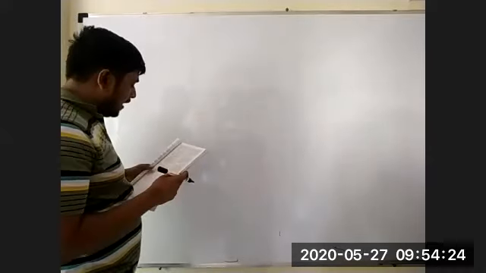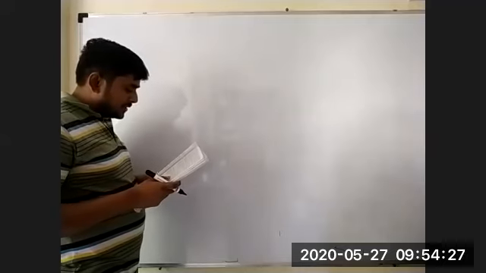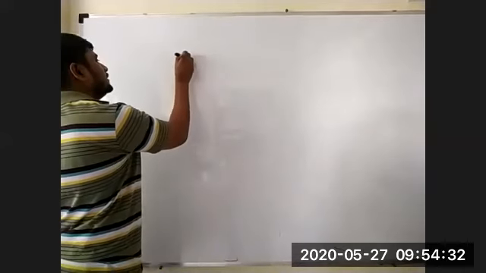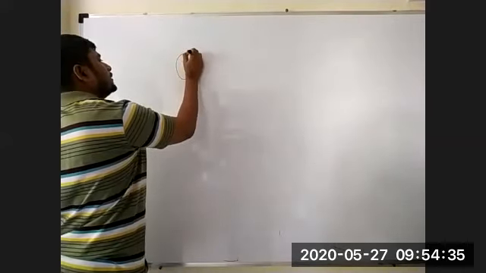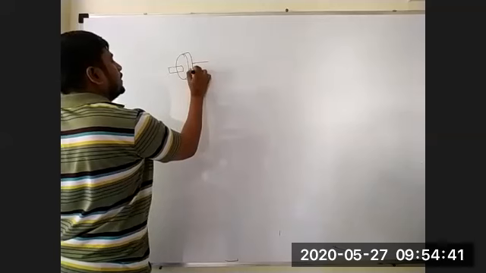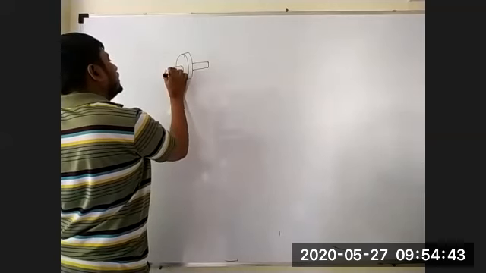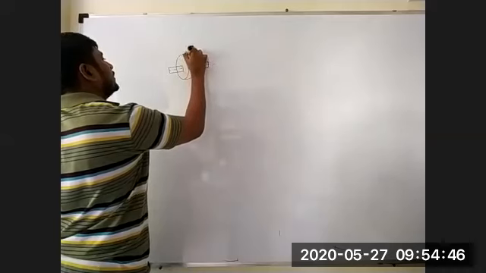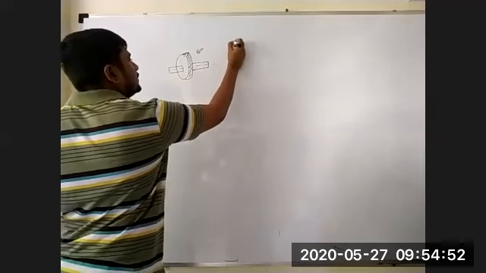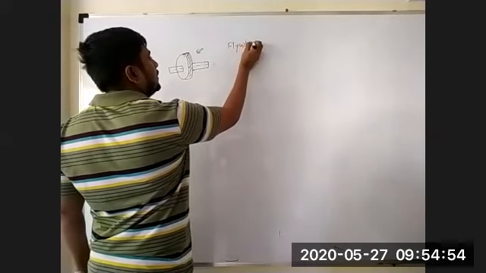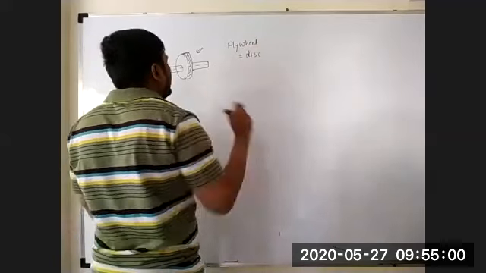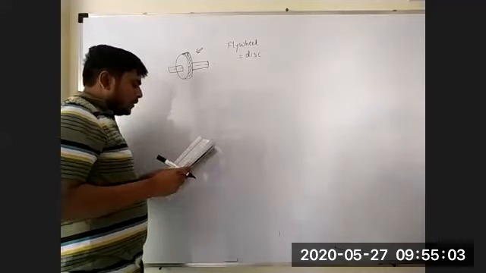A flywheel in the form of a disc is rotating about an axis passing through its center. So flywheel means a wheel is there. We can say it is something like a disc. If flywheel means flywheel, that means it is like a disc, right? So that disc or flywheel is rotating about an axis passing through its center